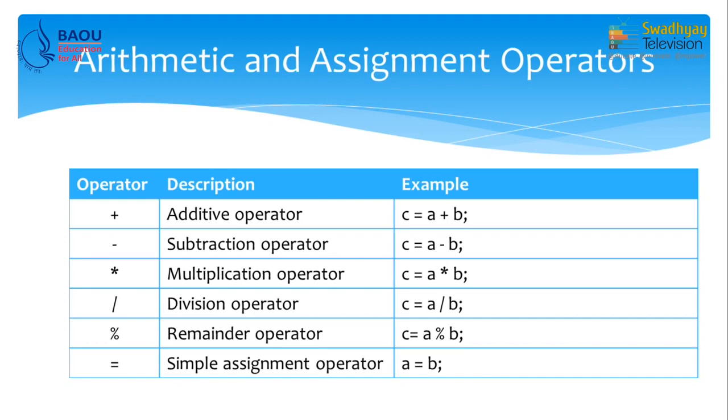So, you can write down C is equal to A plus B. Similarly, to subtract two values, we can write down C is equal to A minus B, and the one operator which might be new for you is remainder operator. So, what does it store? As its name suggests, it stores remainder after dividing A by B into C. For example, A is 11 and B is 3. So, after dividing 11 by 3, we have remainder 2. So, it stores 2 into C. So, these are the examples of assignment and arithmetic operator.